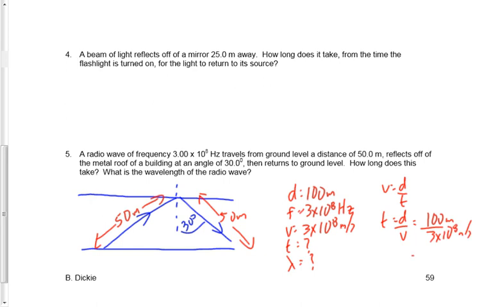That's going to be 3.33 times 10 to the negative 7. So 3.33 times 10 to the minus 7 seconds for our time. And our wavelength, this one's going to end up being easy. V is equal to F times lambda. Lambda is equal to V over F. 3 times 10 to the 8 divided by 3 times 10 to the 8 is